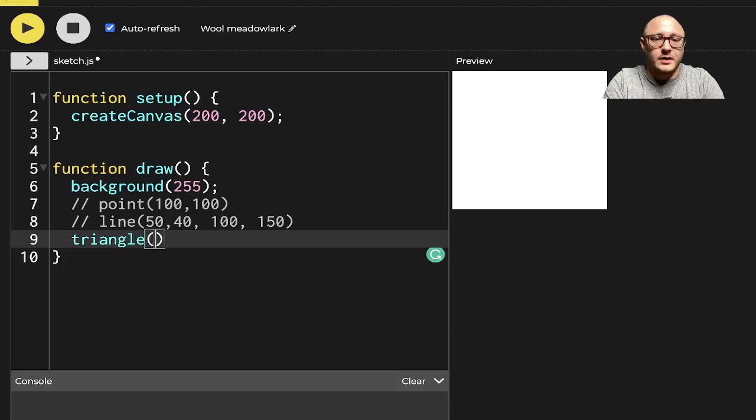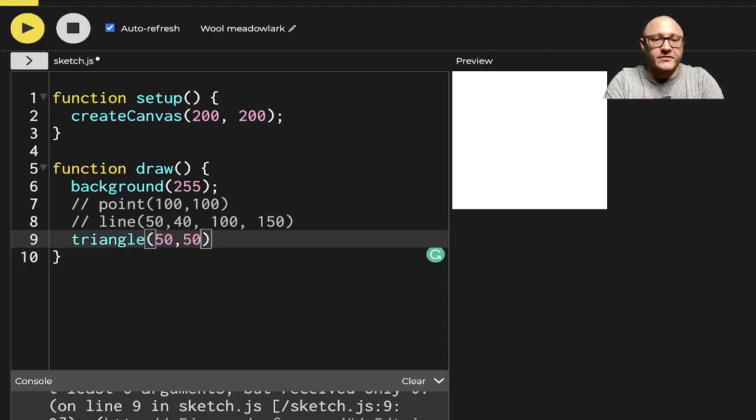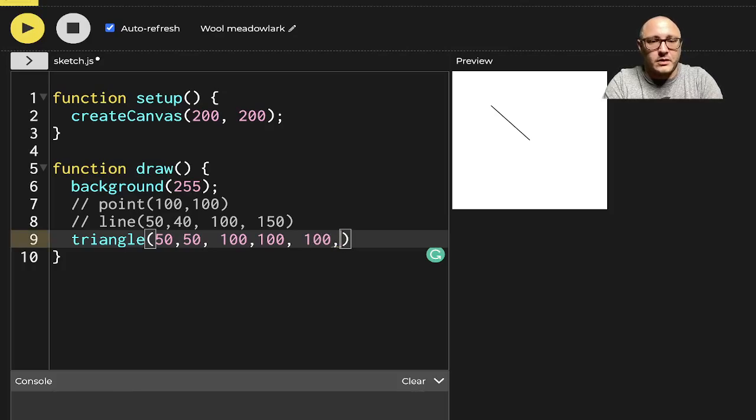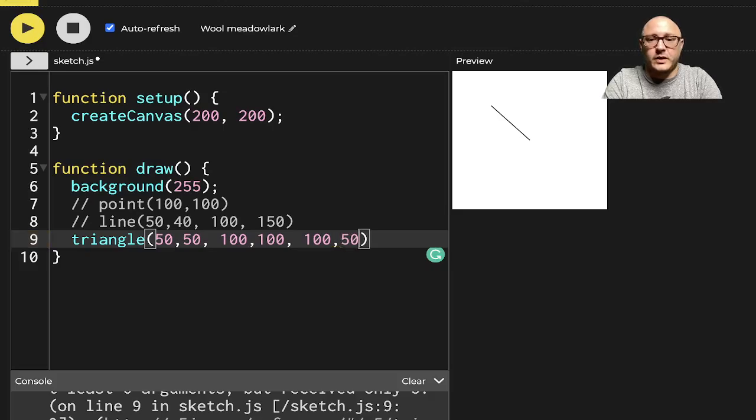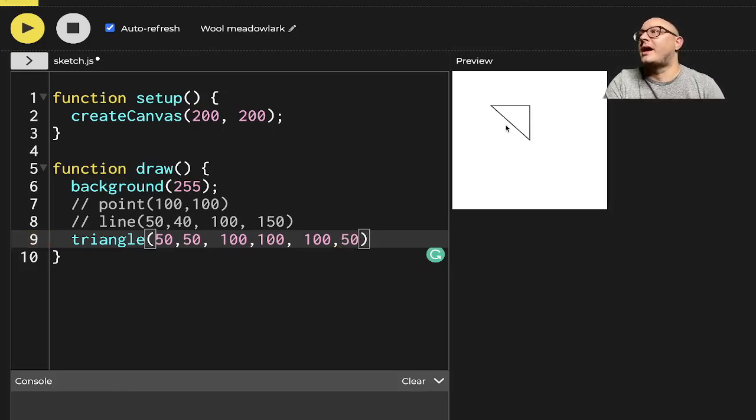So triangle, and we want 50 by 50, let's say 100 by 100, and let's see, because again, you can see here that there's a singular line here, and let's make this other one maybe up here somewhere, so something like 100 by 50. Why not? So now we have a nice little right triangle here, giving us our three distinct